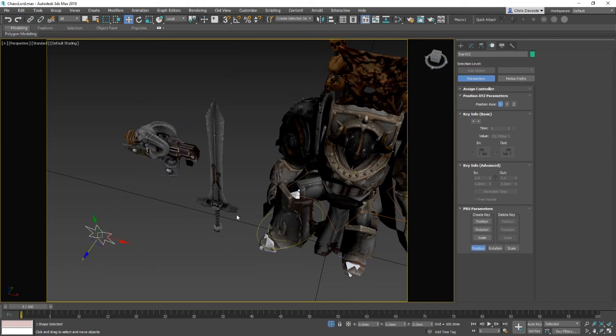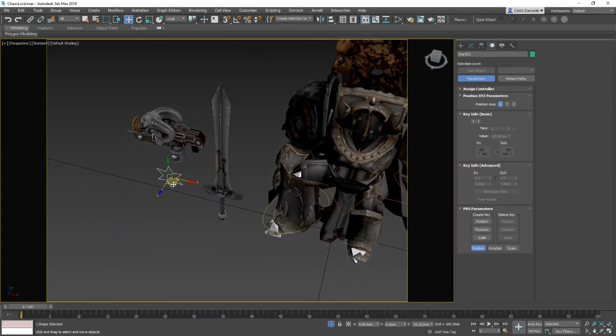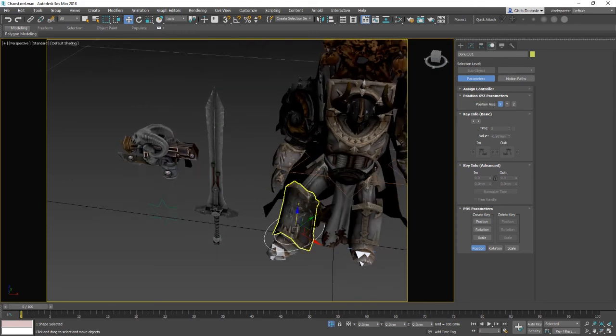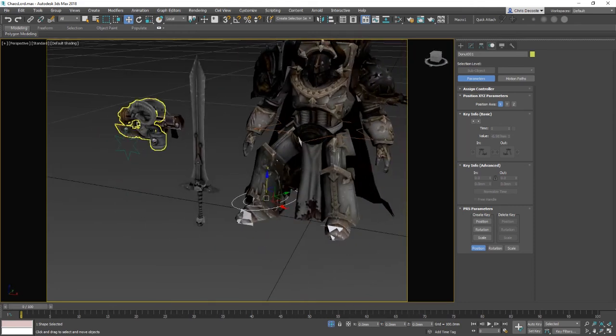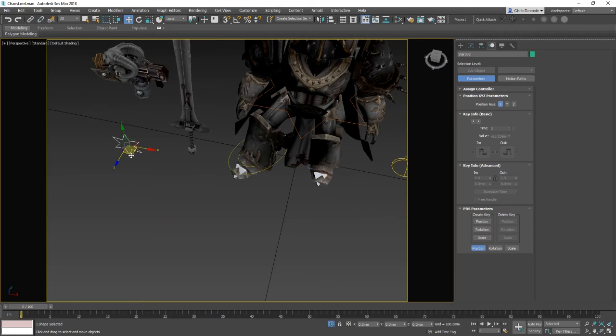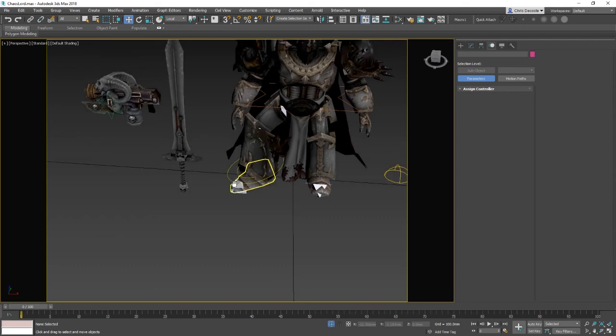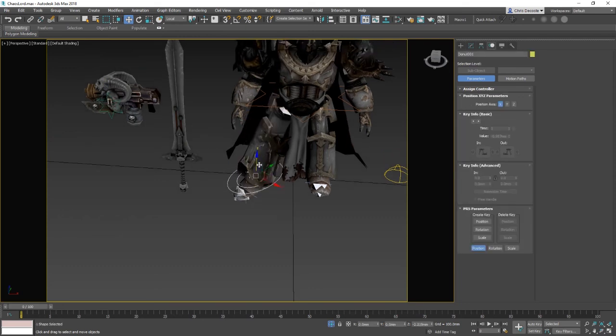So these are often referred to as pole vectors. So when an IK handle is moving something up, it's interpolating between the top of the leg and the ankle on where the knee should be. It doesn't always know correctly where it should be, but the pole vector will allow you to control where you think it should be. So, you know, if you bring the knee down, bring it back this way, maybe you rotate that back,